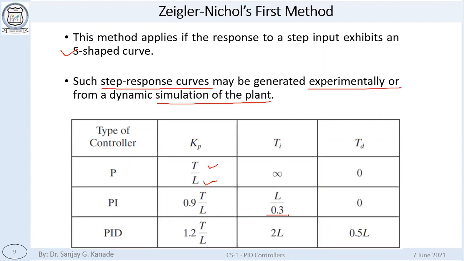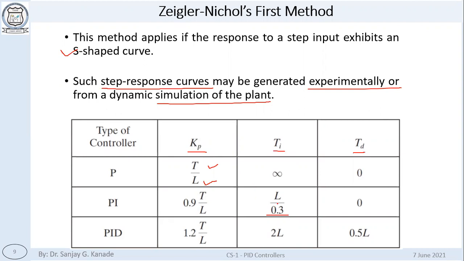There are no derivations because, as I said in the beginning, Ziegler-Nichols did a lot of empirical tests and found these values of the parameters Kp, Ti, Td. They found these values from a lot of experimentation. There are no derivations available for us. We have to use the formula as it is.